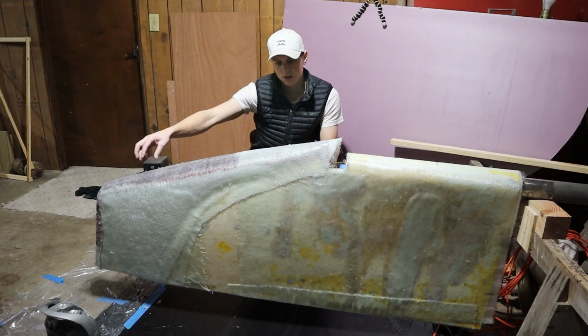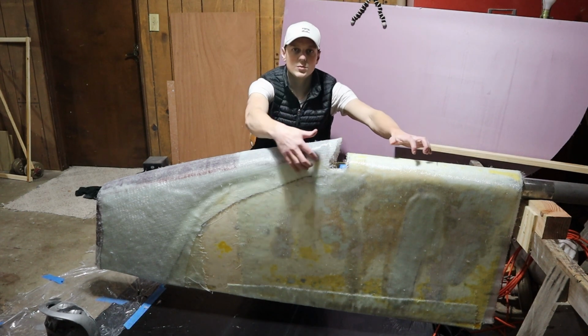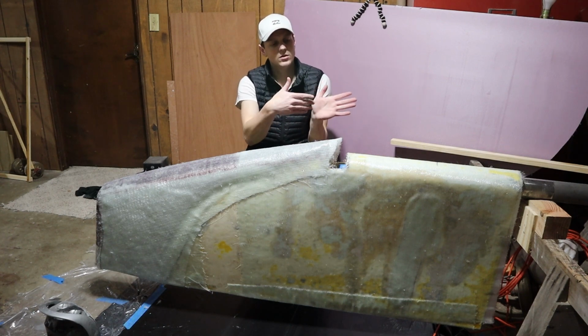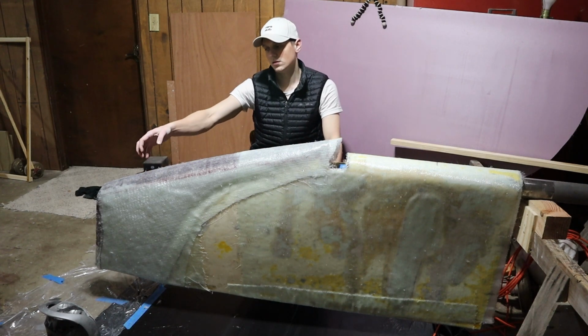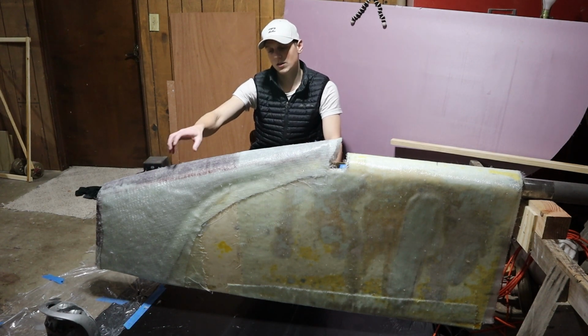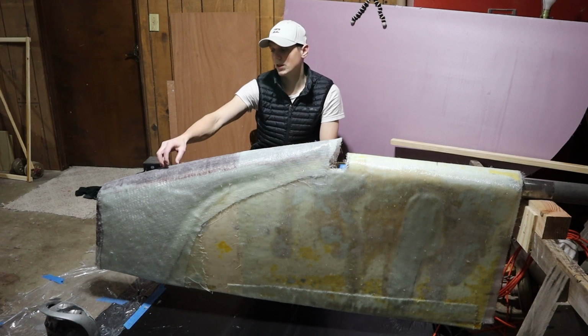So for the rudder extension part, I did use underlayment foam, which is not advised for doing rudders at all, because the density isn't there. The foam in the actual existing part of the rudder, in this section, is super dense, and that way it just takes the load of the shaft and it doesn't distort or compress underneath the glass. But since this rudder extension part doesn't rely on the foam for the strength, it's all on the glass connection to it, we did use the underlayment, and there's I think 3 or 4 layers of 1708